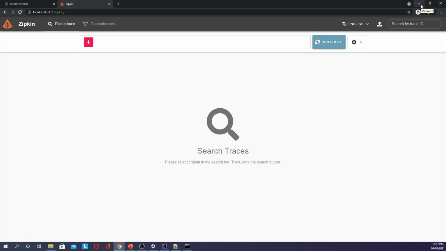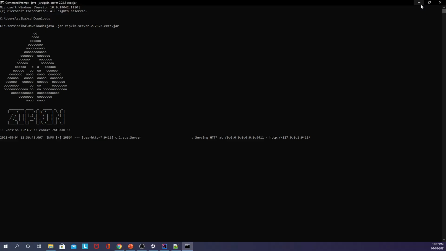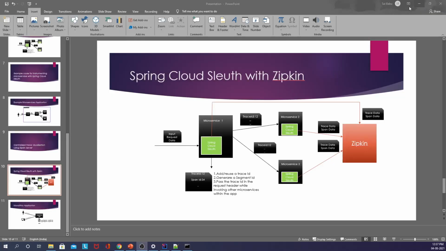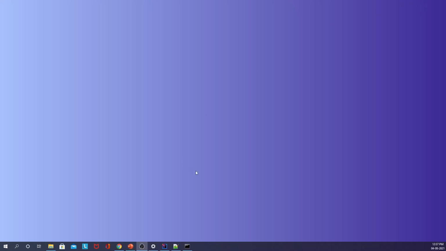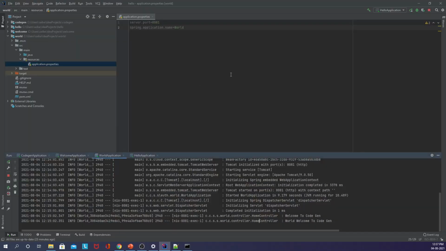Now that the Zipkin server is started, the next thing we need to do is instrument our application to send the trace data to this Zipkin server. For that we need to add a dependency.